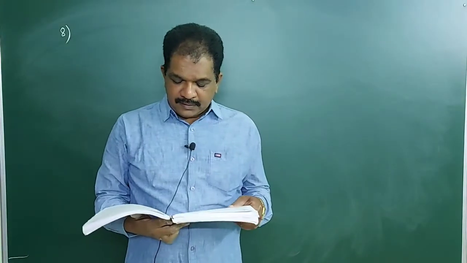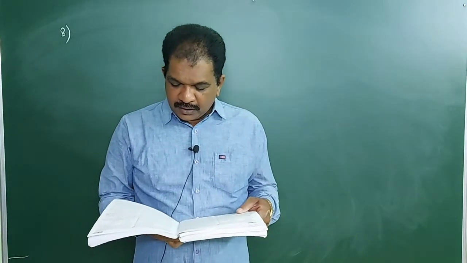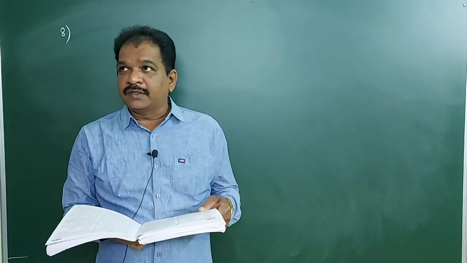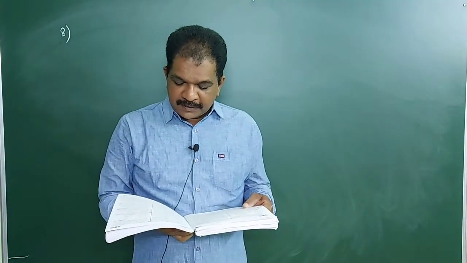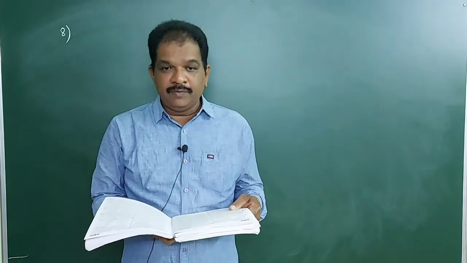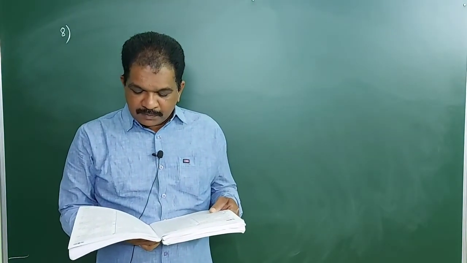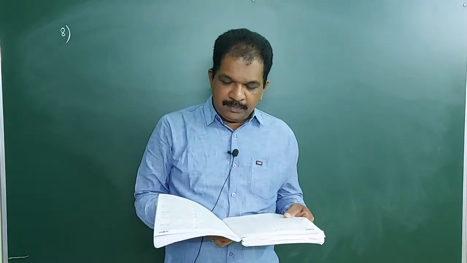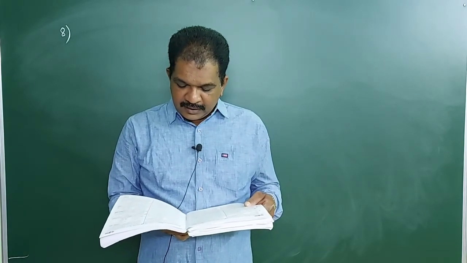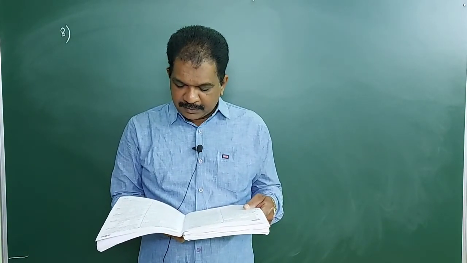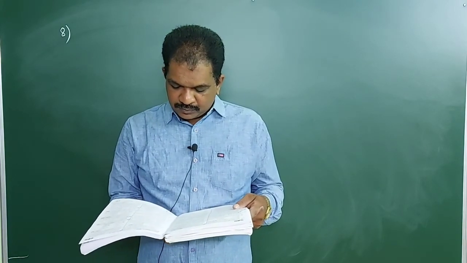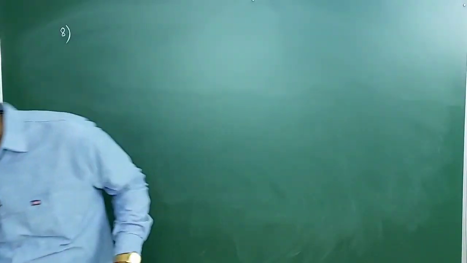What they are asking, see. 4 gram of gas occupies 22.4 liters at NTP. The specific heat of the gas at constant volume is 5 joule Kelvin inverse mole inverse. Speed of sound in the gas at NTP is 952 meter per second. Then the heat capacity at constant pressure is. Okay, so 4 grams of gas.